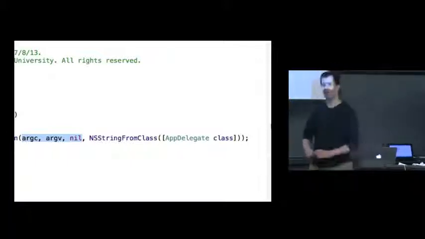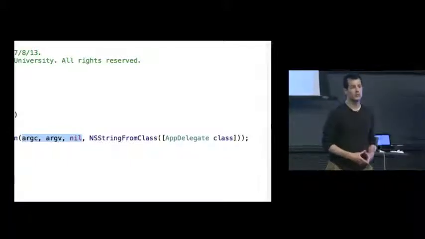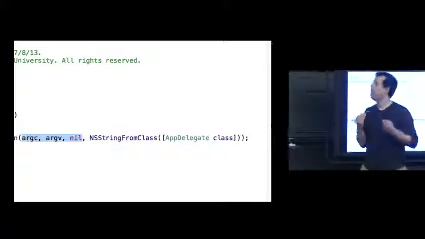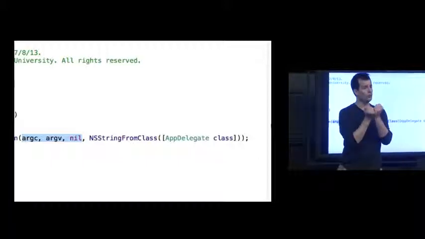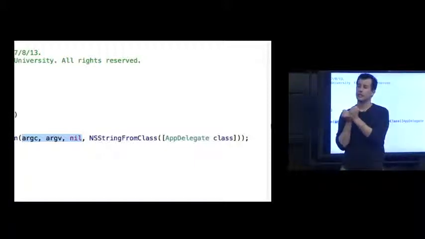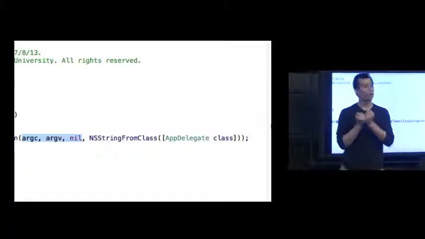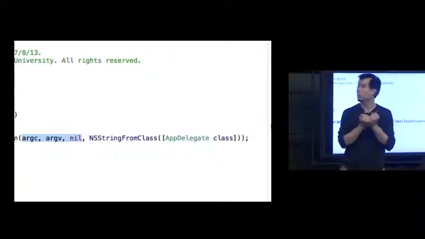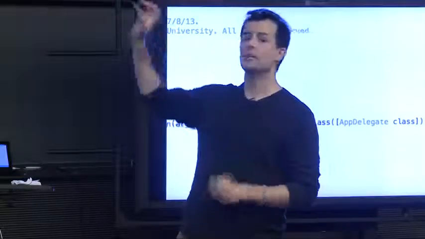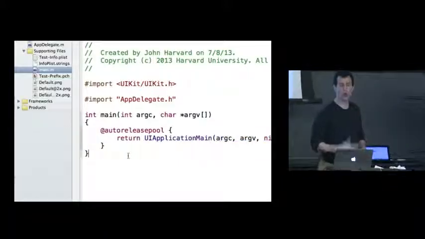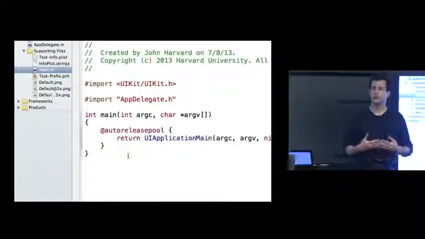That's effectively passing in a reference to a class named AppDelegate. So this one line of code is what's used in the iOS world to hand off control, either briefly or for quite some time, from main to a different class, that class being AppDelegate. And it's aptly named in that we are going to delegate control of my application to a guy named AppDelegate. So that's the class that I, the programmer, apparently should start writing if it doesn't exist just yet. And as soon as AppDelegate is done, apparently main wraps up, my program quits, and returns by default, it's not there explicitly, 0. So this is how we